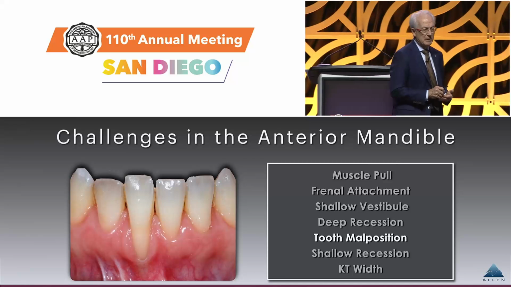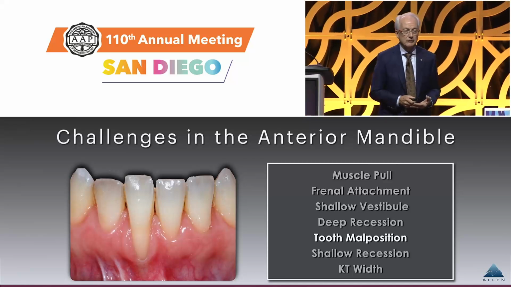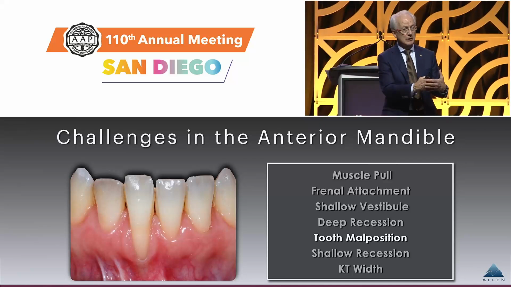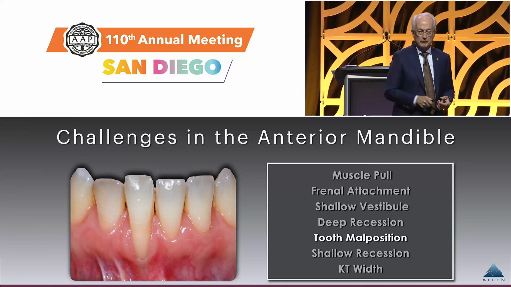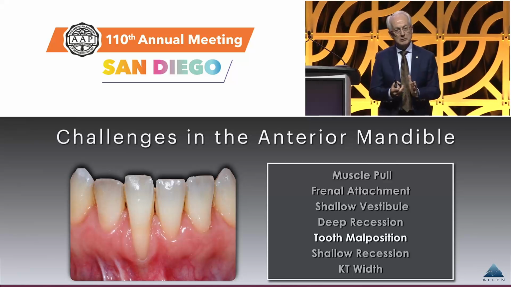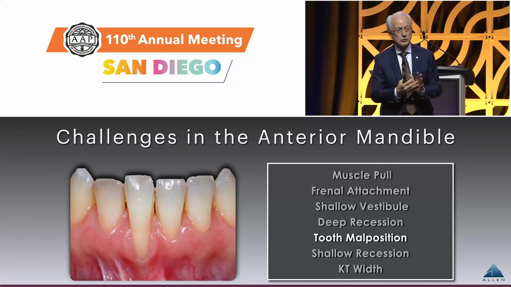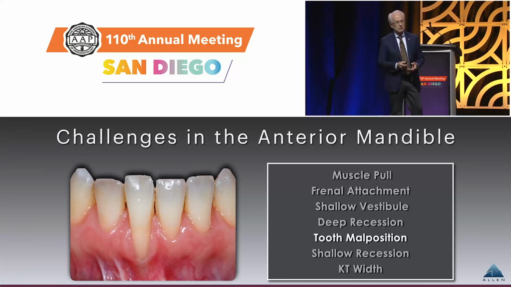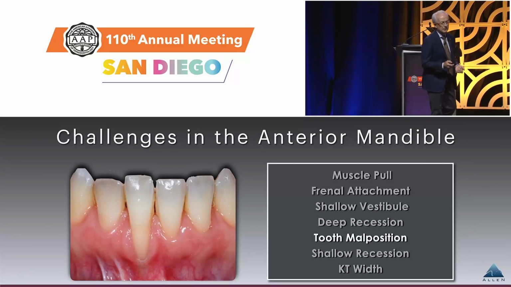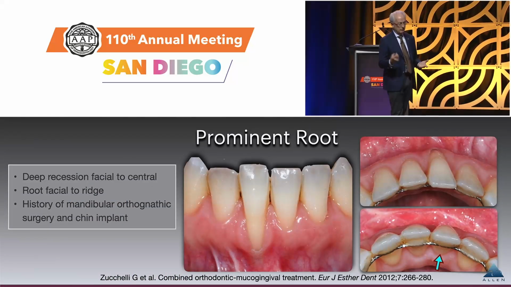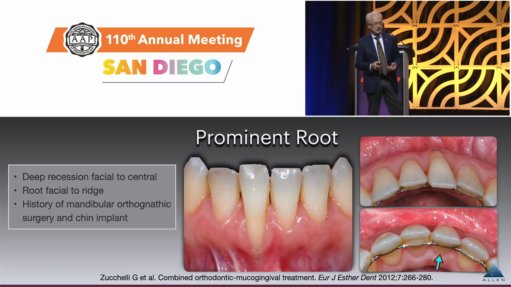So let's look at tooth malposition now. And with tooth malposition, if you remember in the past at workshops, we said you graft first and then move the teeth second. And there were reasons for that that don't apply today. And I learned from my friend Giovanni Zucchelli that you move those teeth back into the ridge, and a lot of times these defects will improve dramatically, but you do it prior to surgery. And if you don't, I certainly have more difficulty having success with a prominent root in the lower anterior. So he brought this to my attention, a publication after I saw his presentation,